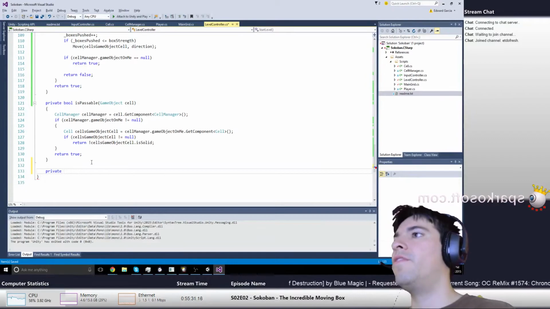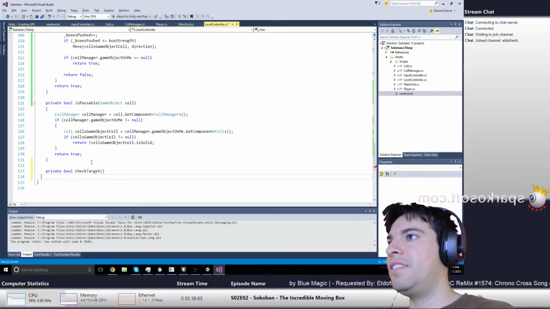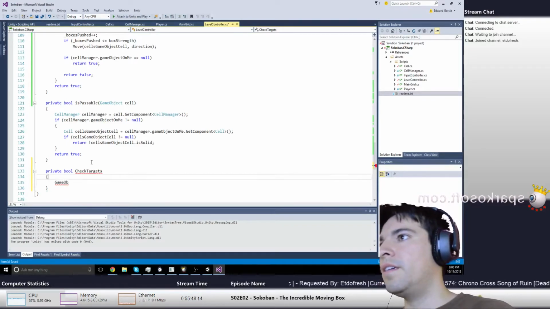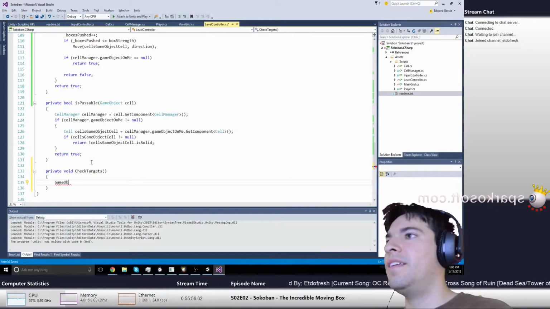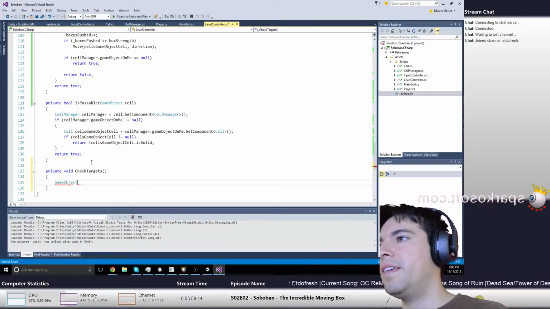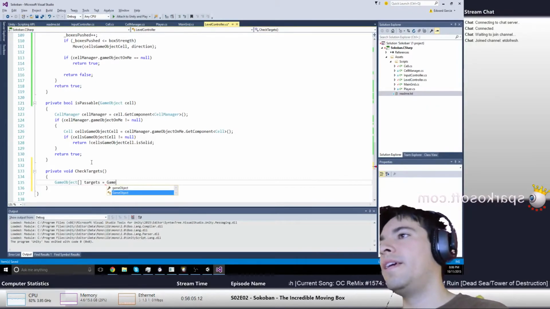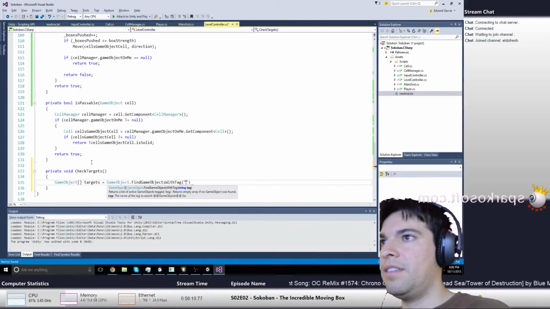Private. For now, bool. Check targets. I got used to that Java thing. Check targets. And just do something very similar to what we were doing. Typically you'd be a bool, but not today. Targets equals game object that'll find objects with tag targets,